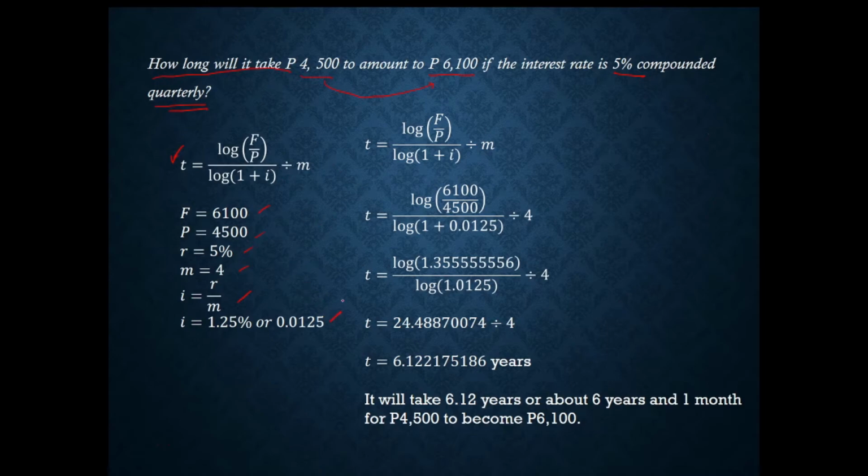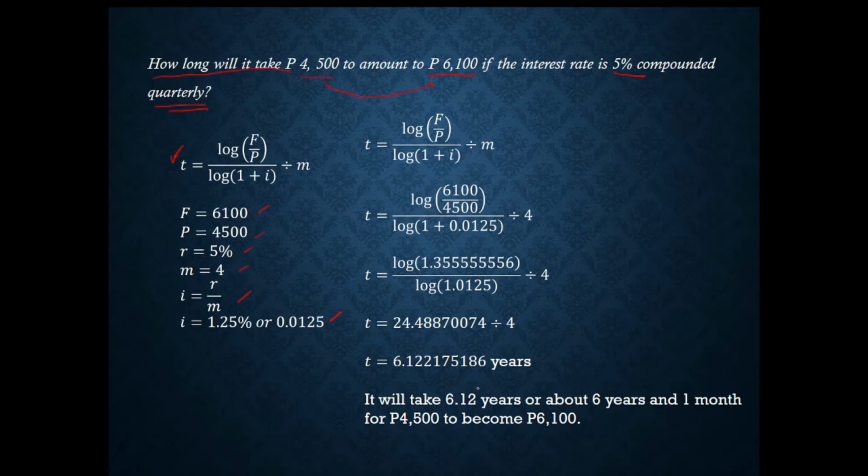Okay, and then finally, we just substitute those values. So we have that T equals the logarithm of 6,100 divided by 4,500 all over the logarithm of 1 plus 0.0125. That came from i, which is r divided by m, or 5% divided by 4, or simply 1.25%, or 0.0125. Simplifying further, we'll now have T equal to 6.122175186 years, or it will take around 6.12 years, or about 6 years and 1 month for your 4,500 pesos